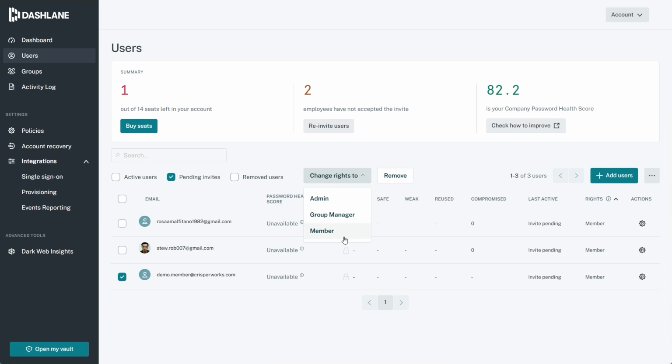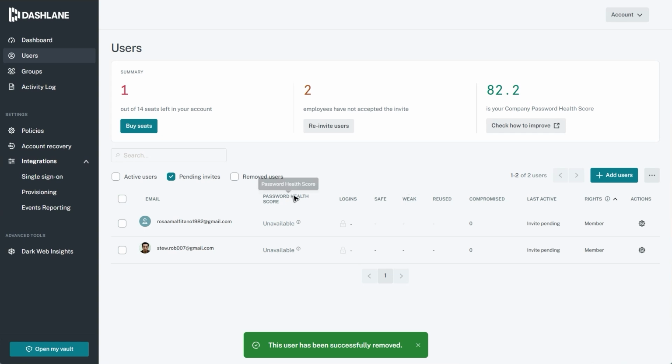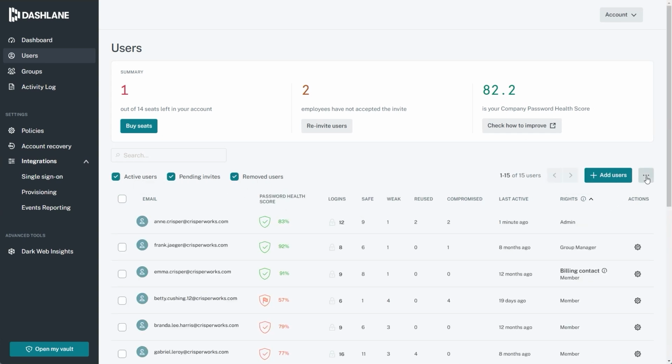This will give them either group manager permission, or you can also add someone else as admin of your plan. From the settings icon, you can also remove someone from your subscription and click on remove user. If you want to, you can also download a list as a CSV file with the members of your plan.